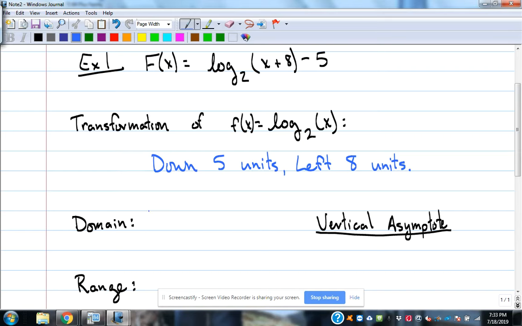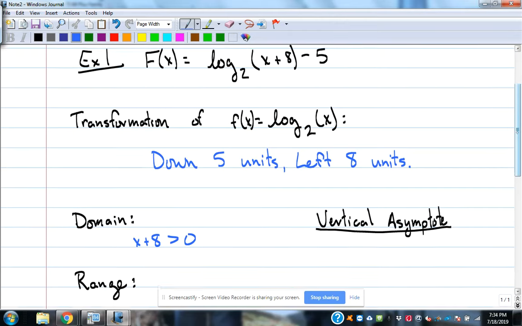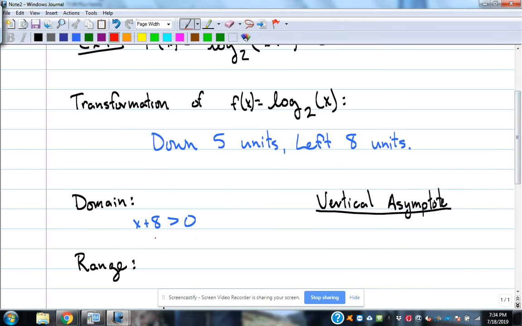But you can also find the domain by taking whatever's inside of the logarithm, in this case x plus 8, and setting it greater than 0, because we cannot take the log of 0 or a negative number. If we solve that, subtracting 8, x has got to be greater than negative 8. So the domain is all x's as long as x is greater than negative 8. That's the set notation. Negative 8 to positive infinity is the